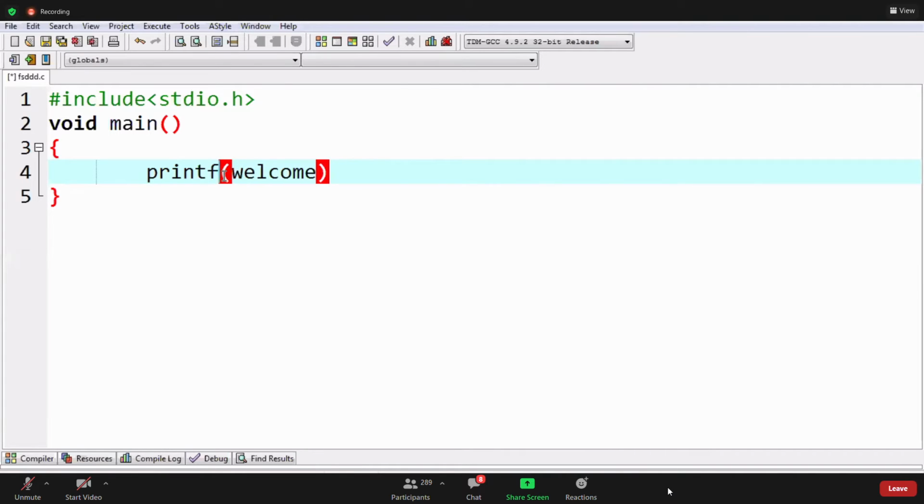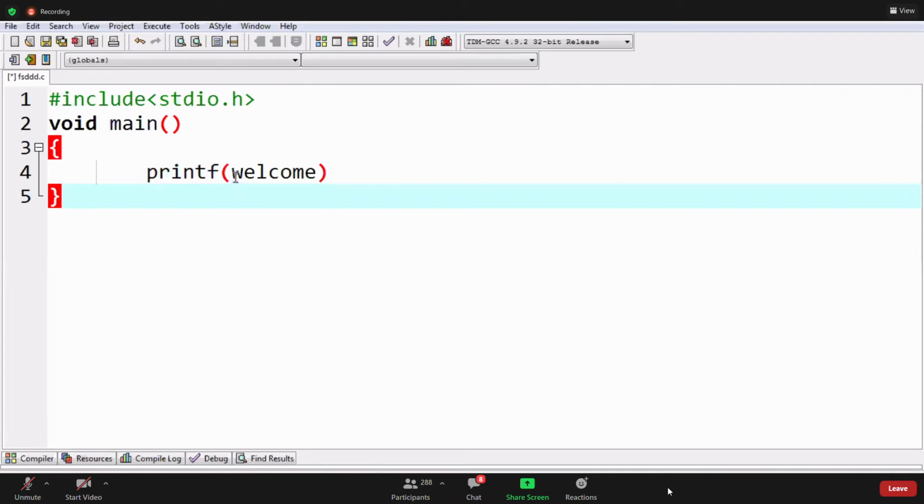Yeah, see, this is also implemented as CDECL only, guys. It also executes right to left only. Here also it shows CDECL.